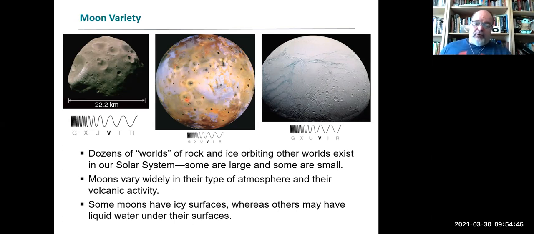The moons vary widely in their atmosphere and their volcanic activity. We actually have some that have volcanic activity in the traditional sense, with rock and magma and explosions of lava. And then we have ones that have volcanism that's due to ices, cryovolcanism is what they call it. And some moons have icy surfaces, whereas others have liquid water under their surfaces. If you're reading the book, you'll see there are like 5 different moons that are likely to have a liquid ocean below an icy surface. That's kind of cool. That makes those places targets for future missions, because wherever there's water,